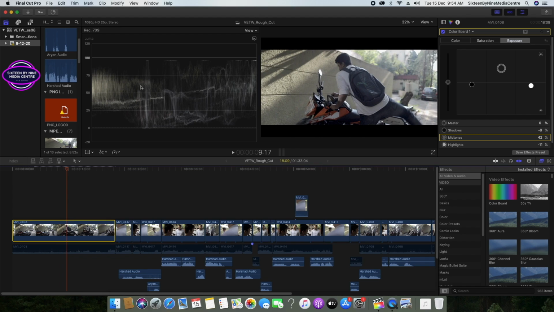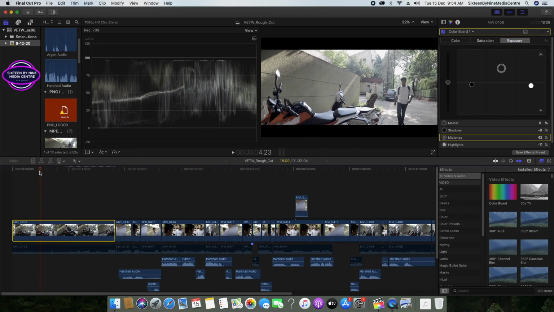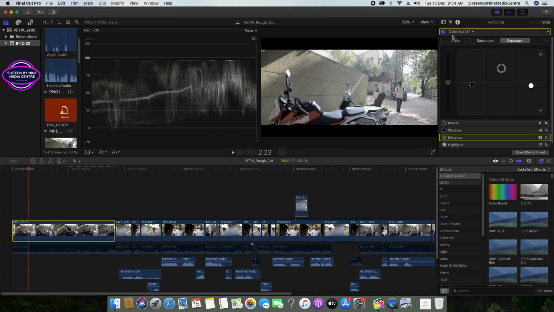So you read from left to right, left to right. Okay. So this was your image, and then we have done this. We have increased the midtones, only the midtones we have increased. We have reduced the shadows and the highlights a little bit. Okay.